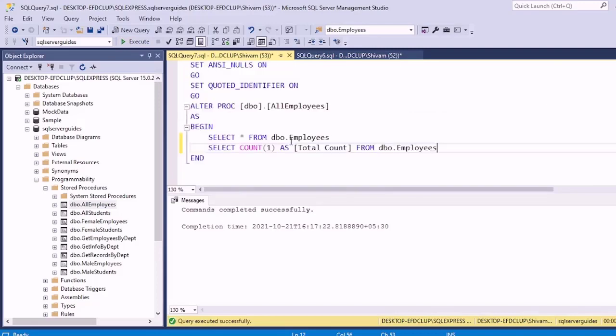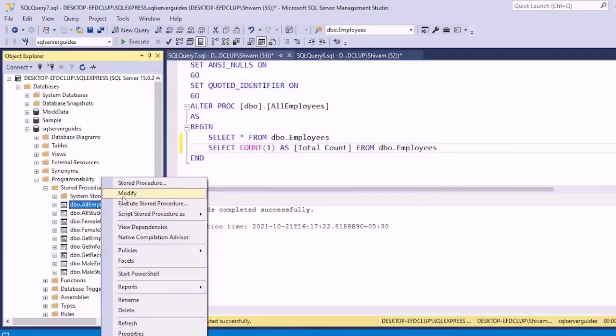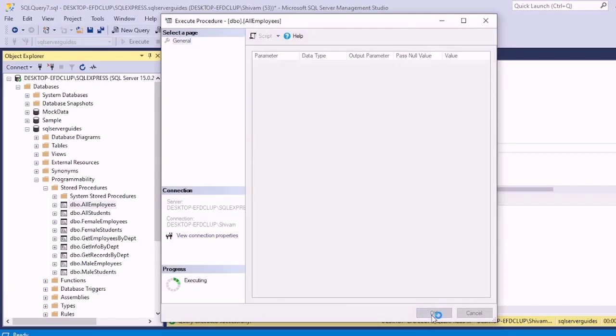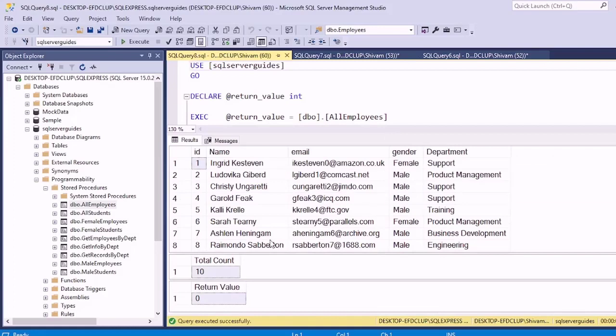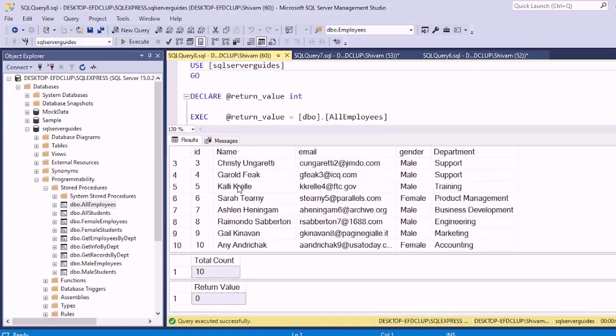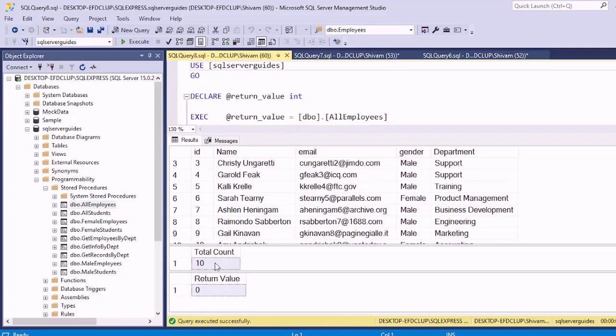And now if we execute this procedure, this procedure will also return two results. First one is the normal result set, and the second result set is about the count. Now let's move to the next topic.